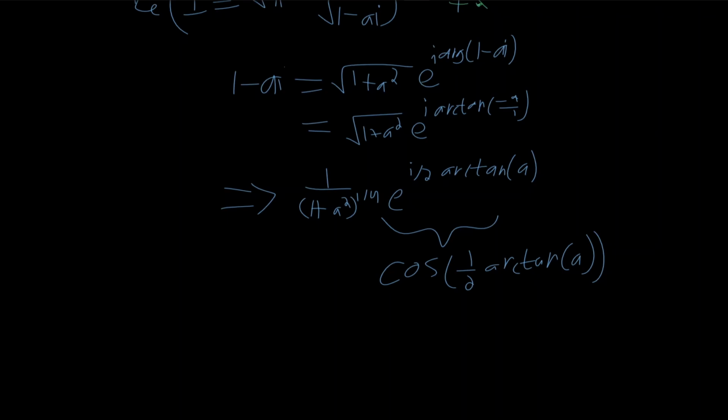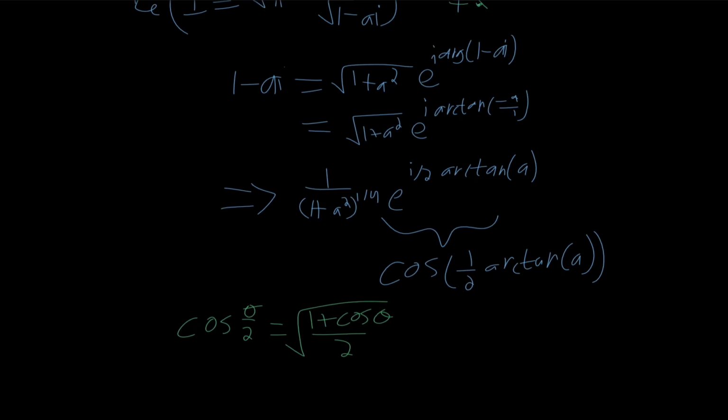And now this is just a simple question of what on earth is cosine of 1/2 arctan of a? The answer to that, we won't be proving in this video, but we're just going to rely on a handy dandy half angle formula. And that is that the cosine of some theta over 2 is equal to the square root of 1 plus cosine of theta, divided by 2. I suspect that if you wanted to prove this, you'd probably just start by squaring both sides, and then do some stuff with cosine squared and the double angle formula. But anyways,